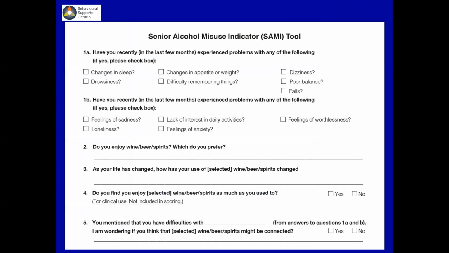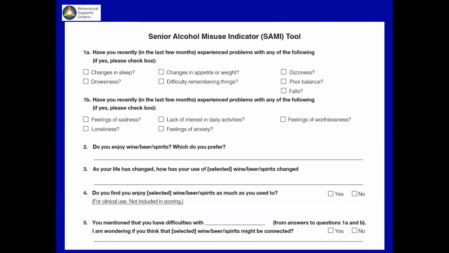So the first question is 2 parts. So it's basically a checklist for physical or emotional symptoms that may be caused or exacerbated by alcohol use. And I have a question: is the tool appropriate for an acute care environment? I would think it is. It's not been validated in an acute care setting, only just community. But that could certainly be somewhere we could be going next.